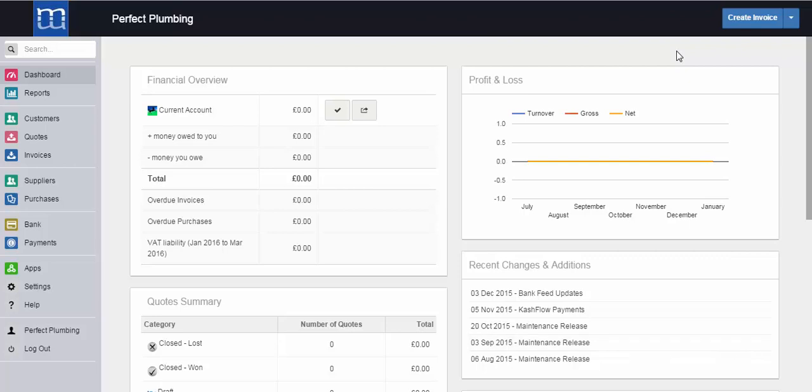In this video, I'm going to show you how to create and manage invoices. There are a few different ways to create invoices. Firstly, from the front dashboard, you can just click the Create Invoice tab in the top right hand side of